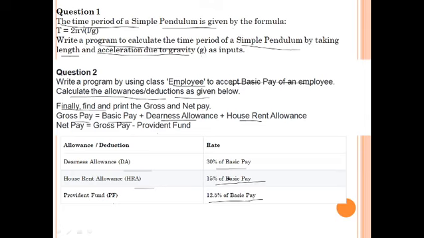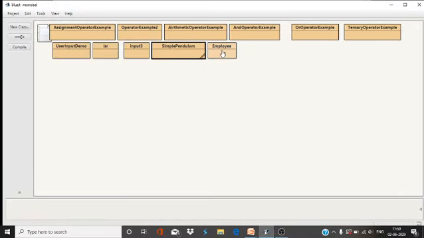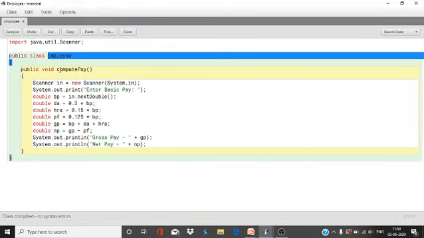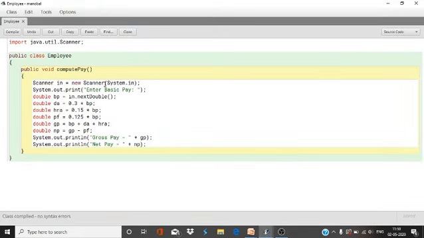Now let's see how to write the Java program. The class name should be Employee, so I have given the class name Employee. Now computePay is a function, new Scanner. Also you can write any function except the main method, and simply you can write the main method also.